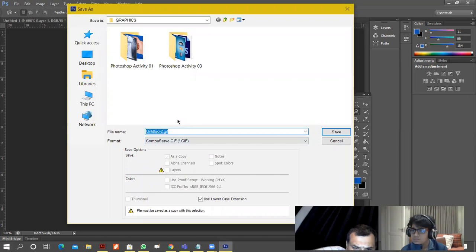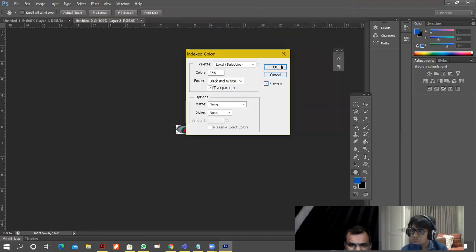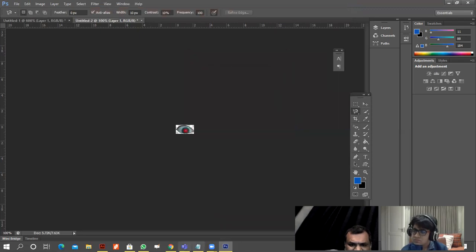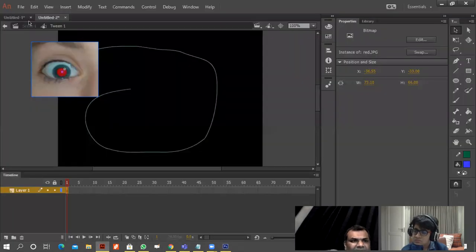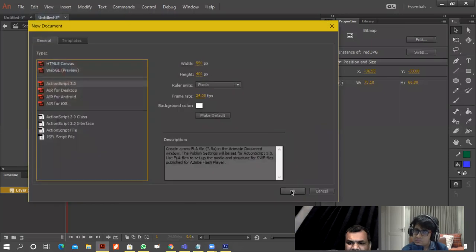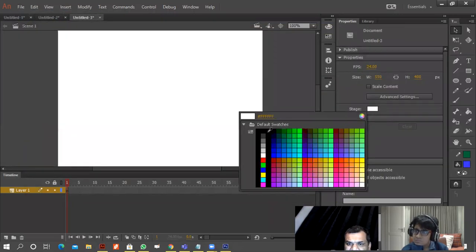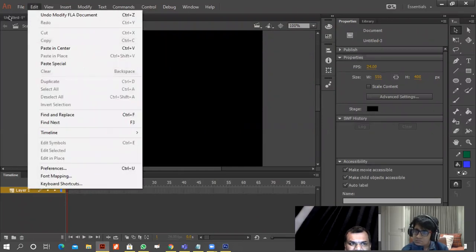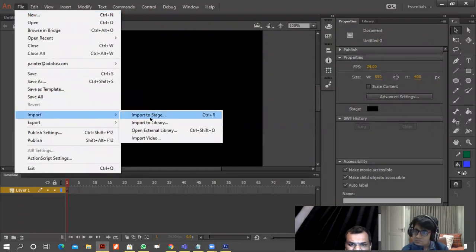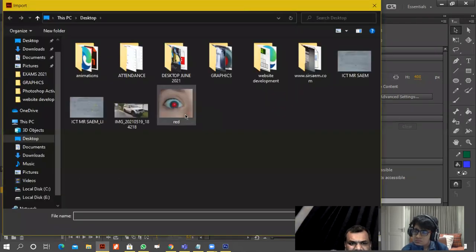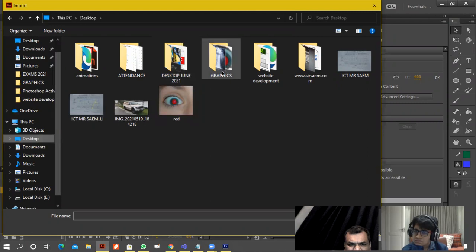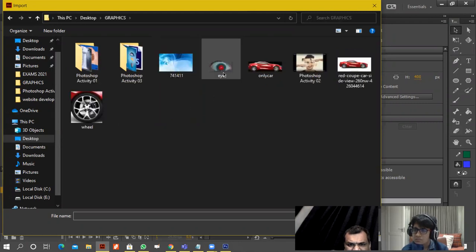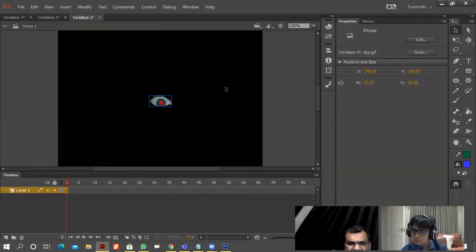Okay. So I'll just save it. Okay. Saved it. Now we can come into animate, file new, and we'll make it black. We'll go to file, import, stage, let's say, and we saved it,